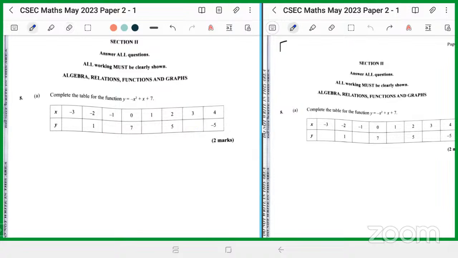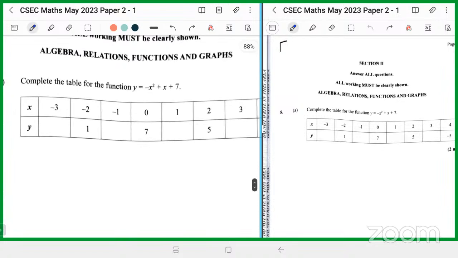All right. I'm going to work out for the -3 first. How do we get the value for the -3? By plugging the -3 for the x in the function. That's all we have to do. Let's work it out over here. So when x equals -3,